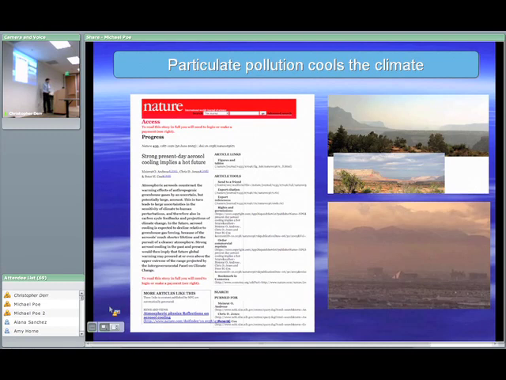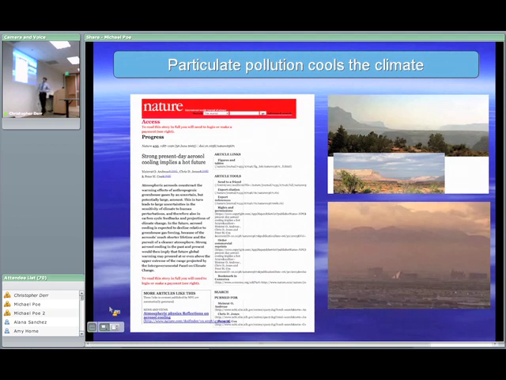I mentioned particulates a couple of times. There's no question that on a global scale, particulates are very important. They're hard to represent in models, both because the physics is complicated and also because we simply don't know. Particulates come from all sorts of sources. For example, in the Central Valley, agriculture stirs up a lot of dust. Do we have good observations of that? No. We suspect that it's an important cooling influence.